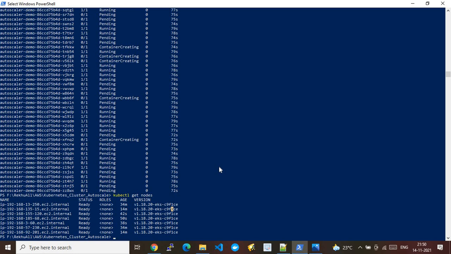So that's all. I have successfully shown you the complete configuration from scratch to end of how you can set up the EKS cluster. On top of the EKS cluster, how you need to set up a separate independent node group. On top of the node group, how you need to set up the configurations needed for the cluster autoscaler. For example, how we need to attach the required permissions to the node group IAM role. After the node group is created, how we need to configure the cluster autoscaler pod in the EKS cluster.